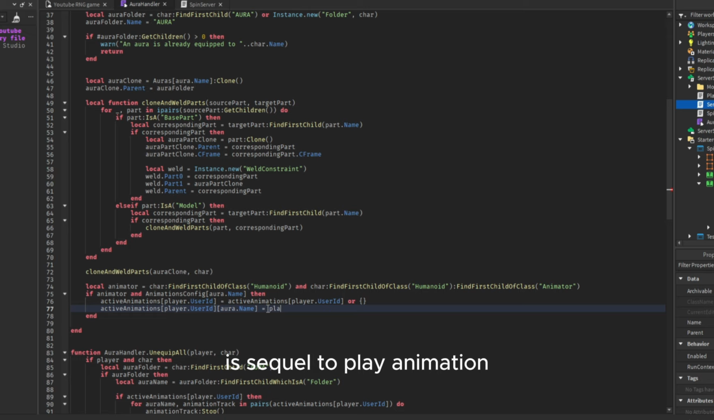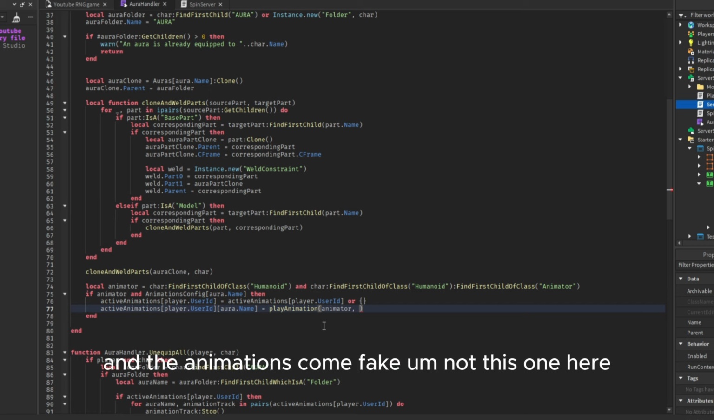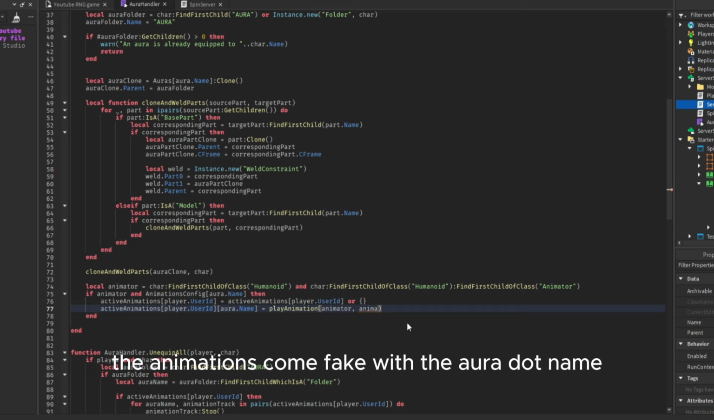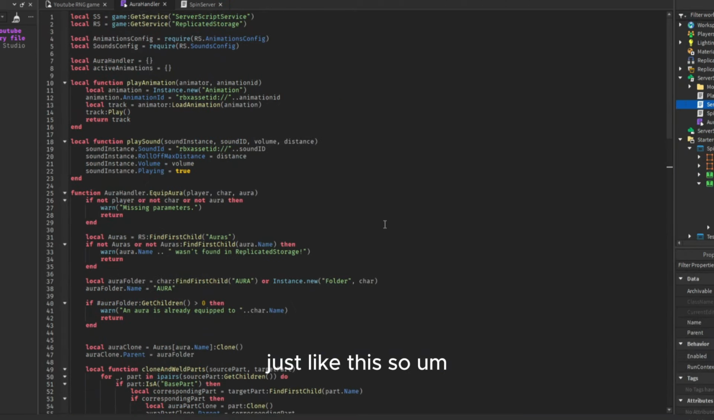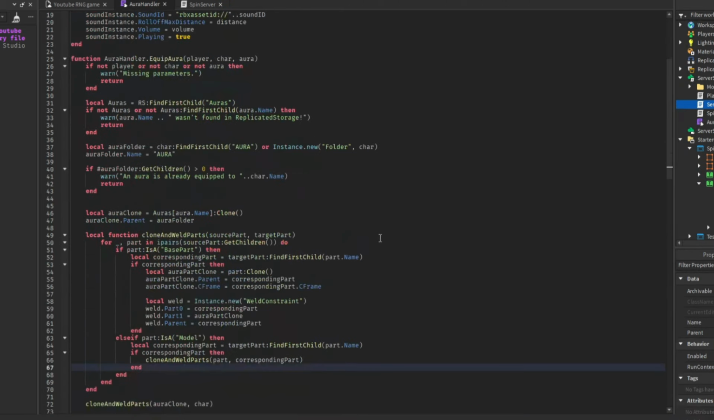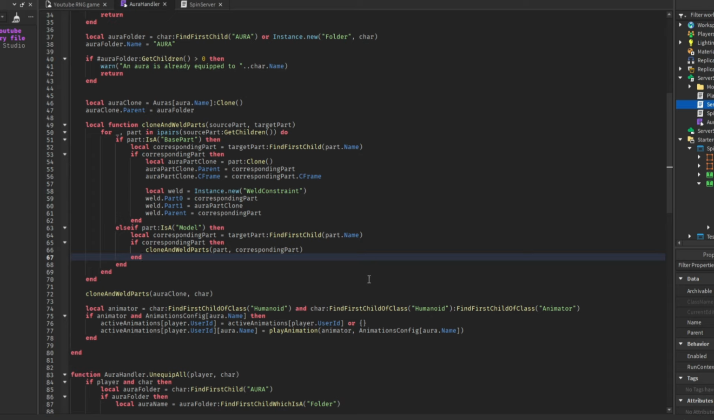is equal to play animation. And we're gonna pass through the animator and the animations config, not this one here, the animations config with the aura.name, just like this. So yeah,